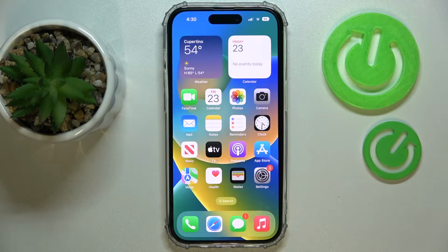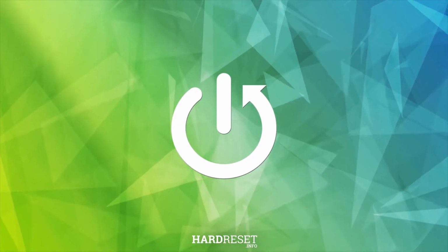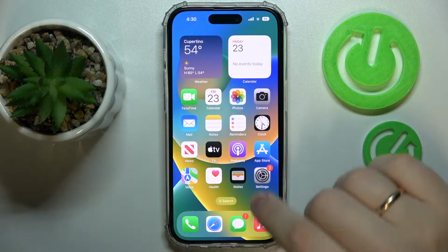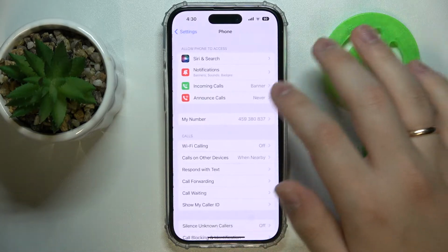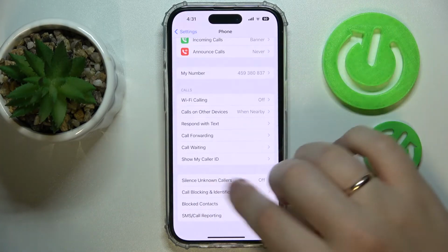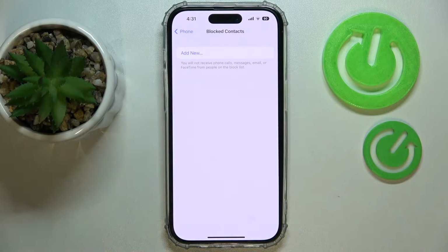Hi everybody, today we would like to quickly show how you can see the blocked numbers on your iPhone 14 series device. First thing that you need to do is to launch settings, then enter the dedicated phone category. In here at the very bottom of the page, go for the blocked contacts section, and this blocked contacts page